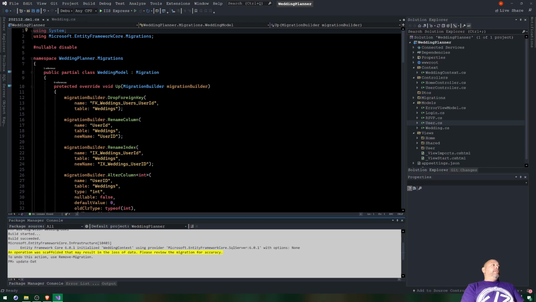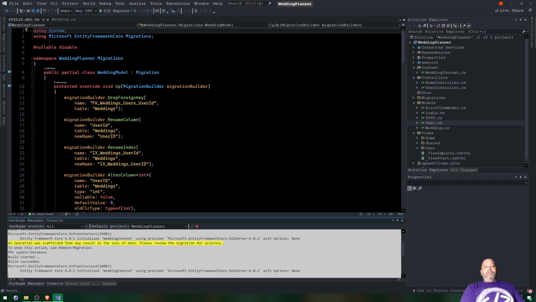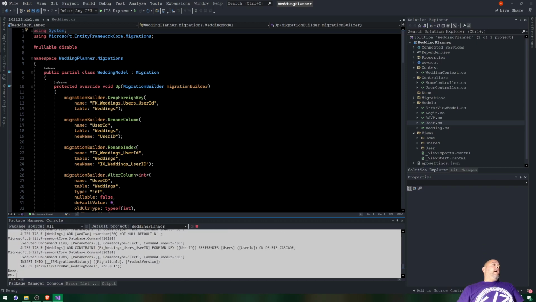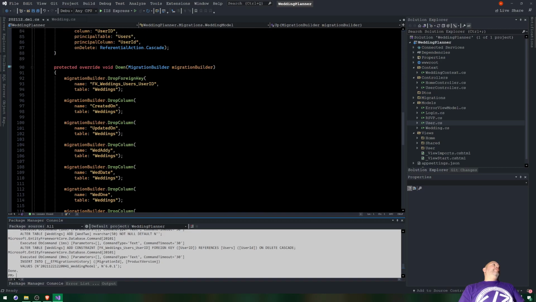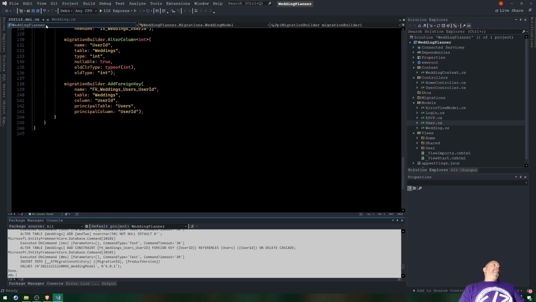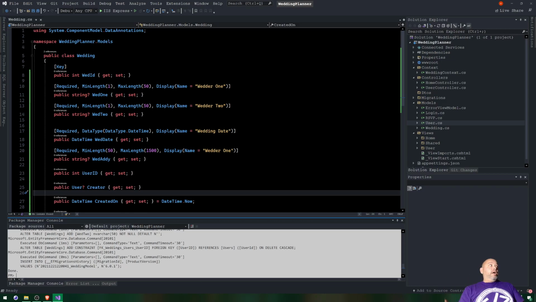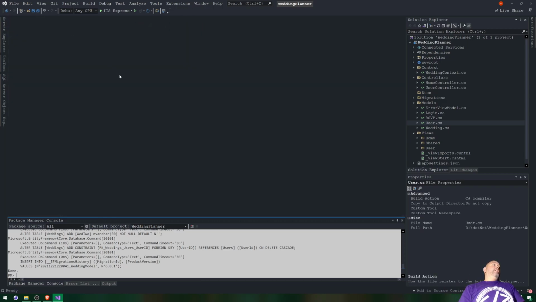If we don't put update database, what's gonna happen? It's never gonna actually allow us to create this stuff. I got no red, so that means it worked. And this is basically everything that happened, and then everything that's changed. We added stuff for the most part. We didn't change the user, we just changed the wedding model. We added all the stuff on the wedding model. Now that the wedding model is actually added,